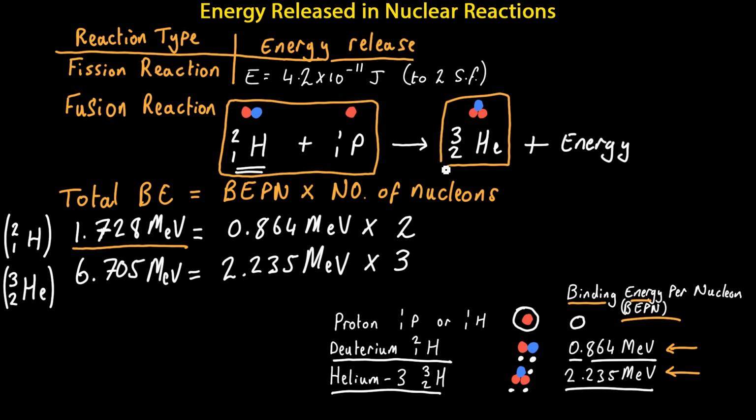But when we fuse everything together into helium-3, our product on the right-hand side, in order to separate all the nucleons in this nucleus, we have to spend even more energy,